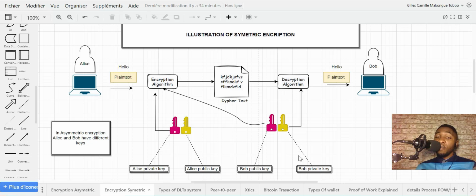So for Alice to send a message, she needs the public key of Bob, like the wallet address, to be able to send a message or to send some money. So let's say, we keep it like the message. So what's going to happen is that